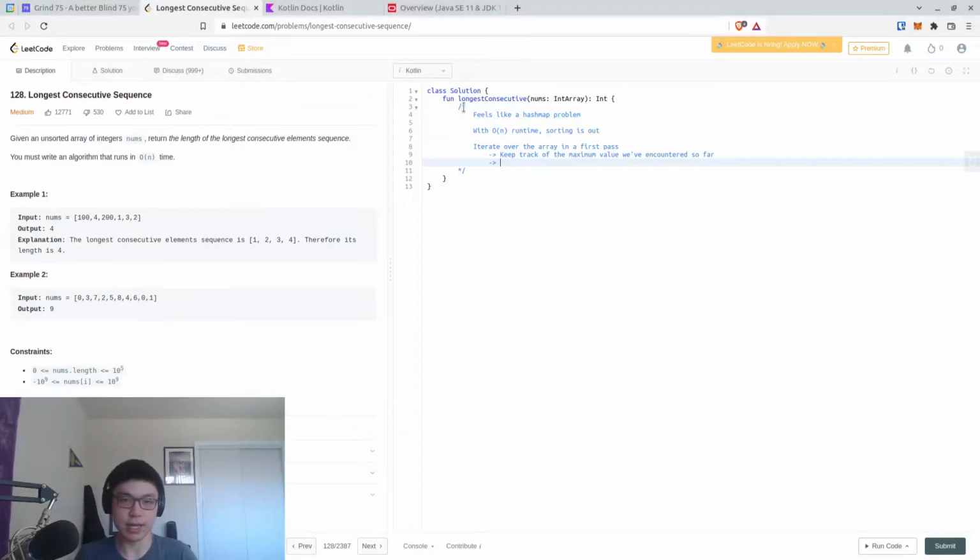Then we can add all of the items into a hash set. I'm going to go with the set for now because I don't think we need the map component. If we keep all those in the hash set, then we can say from 0 to max,